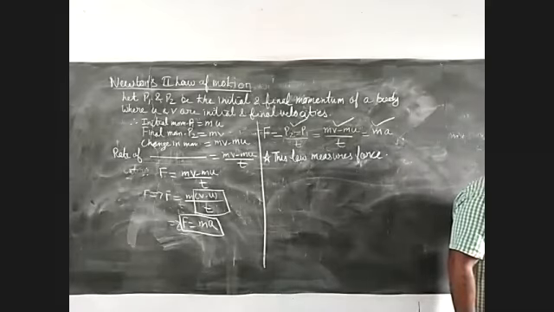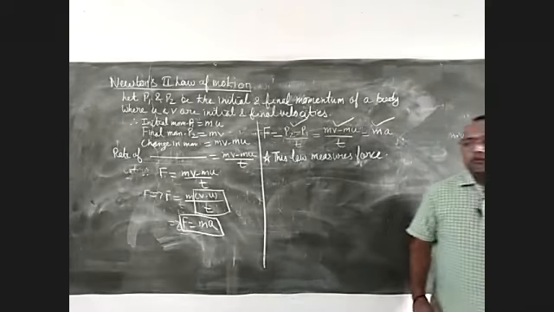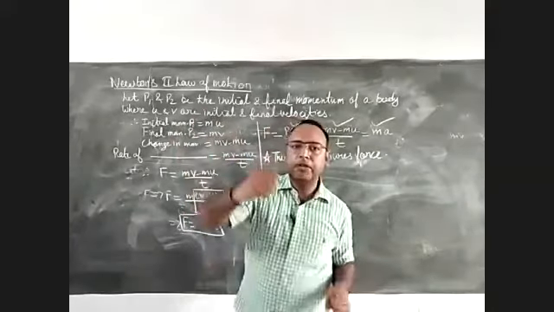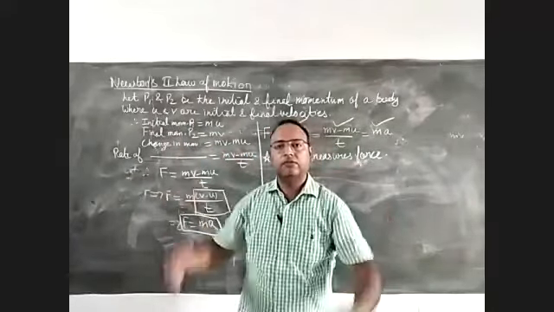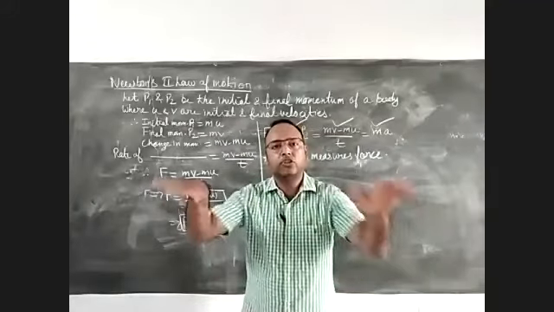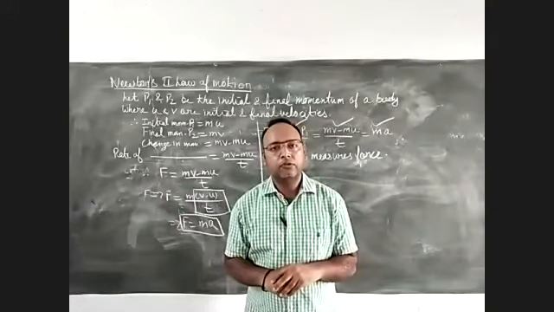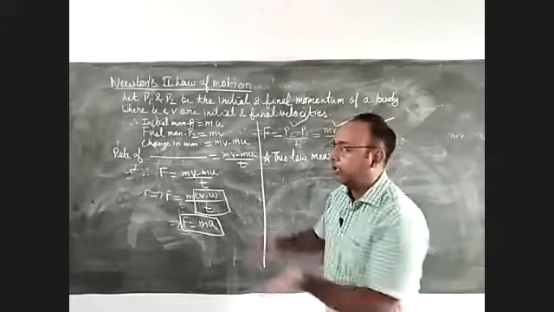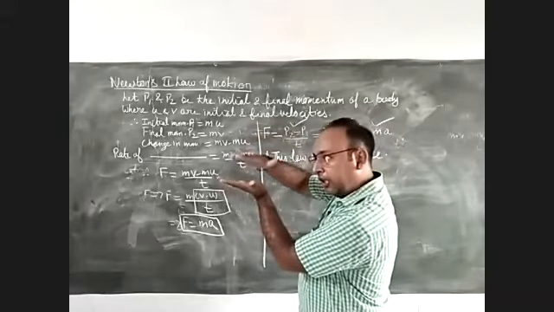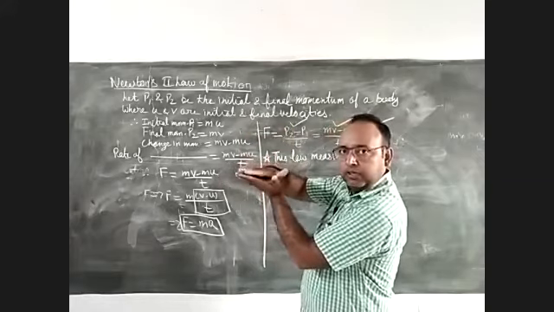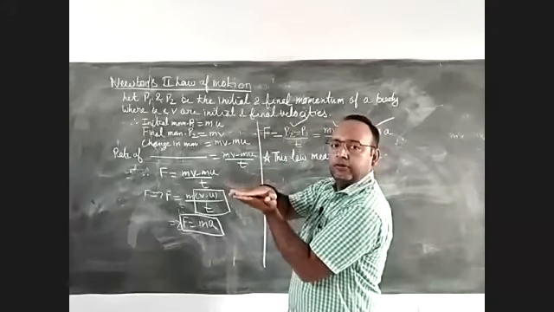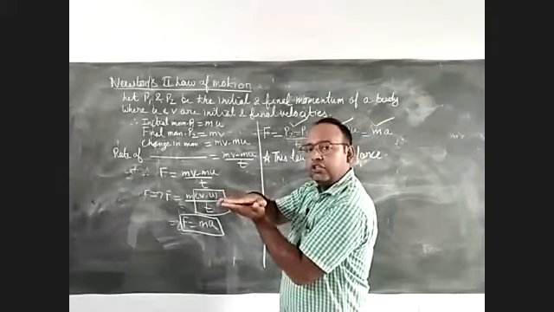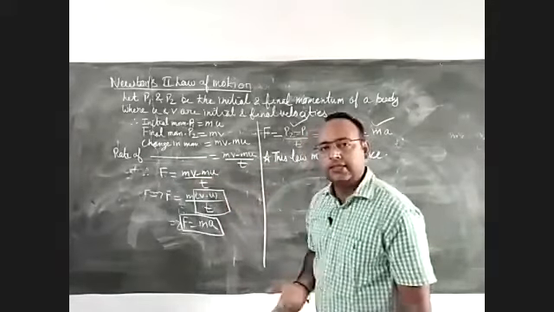There are a number of examples. In the javelin throw, like with a stick, they are jumping 10 feet or 8 feet, and on the other side there is always a cushion provided to them. Why is the cushion provided? Because they will not get hurt. Why are they not getting hurt? Because what does the cushion do? It increases the time of change in momentum. They press it when they jump over it, right? So when the time of change in momentum increases, the force will be less.